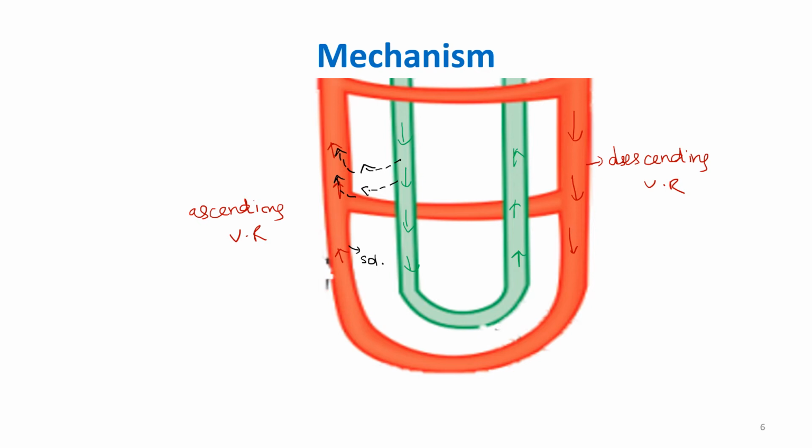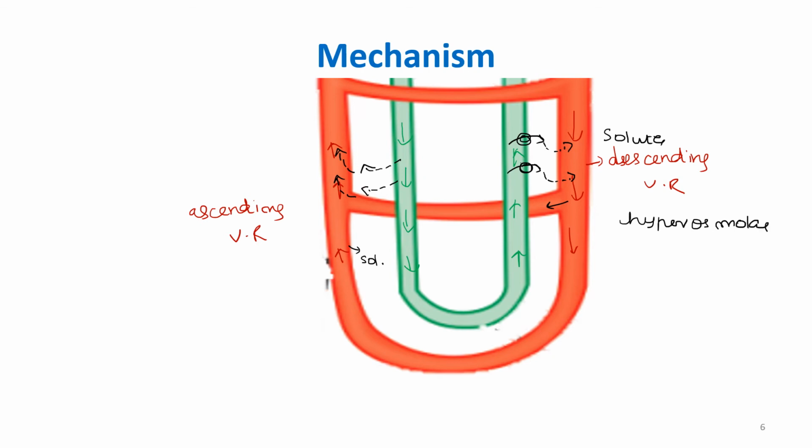And the thick ascending limb, we said that it is impermeable to water but permeable to solutes. So the solutes are reabsorbed at the ascending loop of Henle. So these solutes which were reabsorbed into the interstitium will gain entry into these descending vasa recta. So what will happen to the osmolarity of the descending vasa recta? You see, solutes are coming in and water is going out of the vasa recta. So what will happen to its osmolarity? This descending vasa recta will become more and more hyperosmolar.